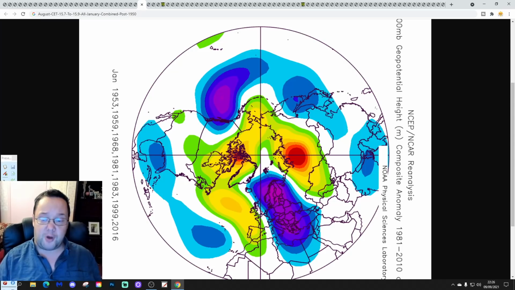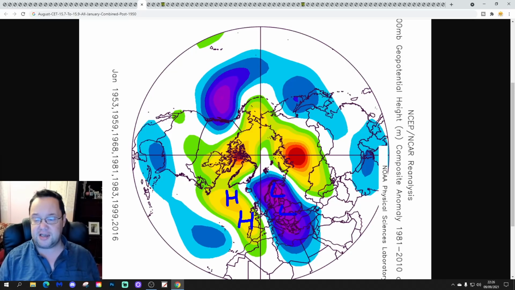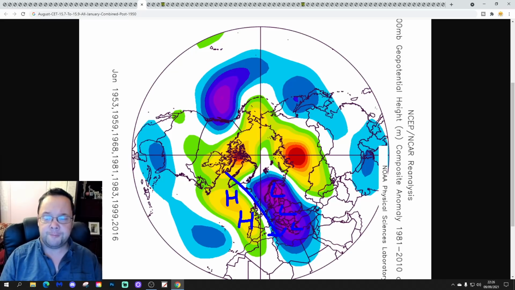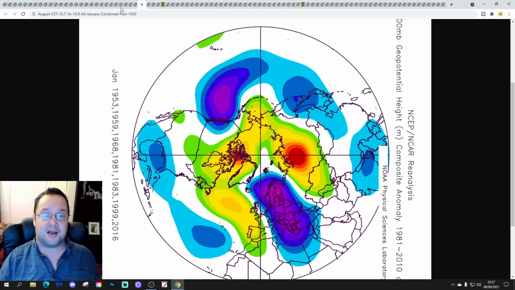All Januaries combined, probably line up a little bit northwest-southeast after 1950. So again, we have this high pressure in the Atlantic, but the low pressure digging into eastern northeast Europe probably does send the jet stream a little bit more northwest-southeast. So some slightly cooler potential, maybe some cold snaps in those Januaries. But generally, it's not a classic cold signal again.